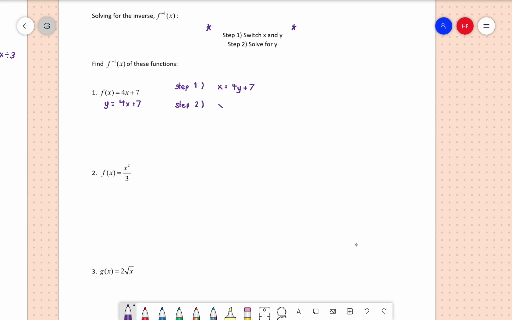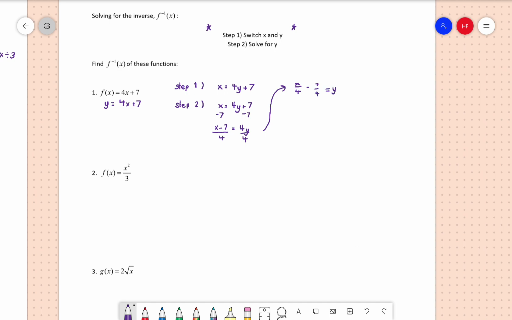So I'm going to say x equals 4y plus 7. I want to get this y by itself. So minus 7 on both sides. I have x minus 7 equals 4y. I still need to get this y by itself, so I'll divide it out. And that gives me x over 4, or 1/4 x, minus 7 over 4